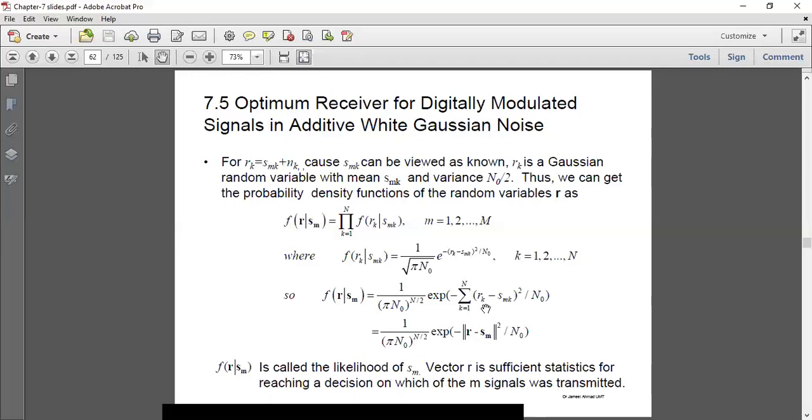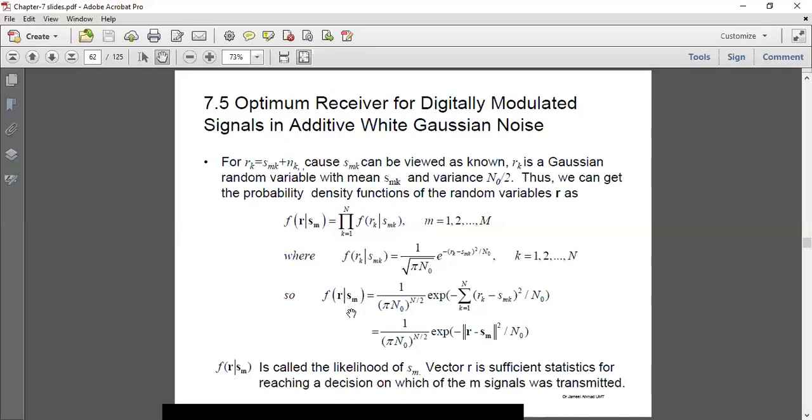So instead of taking the component summation, k equal to 1 to n, we will just represent it with the boldface r. This actually represents r_k minus s_mk. So this is a vector because it has n components. This whole expression is in between the exponent, so it is exponent minus this thing. You can see this expression. So this is a vector notation for the